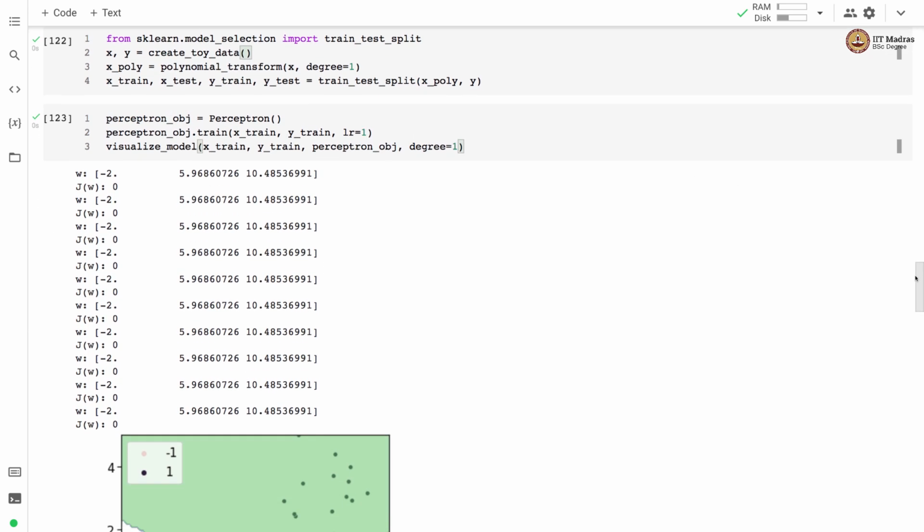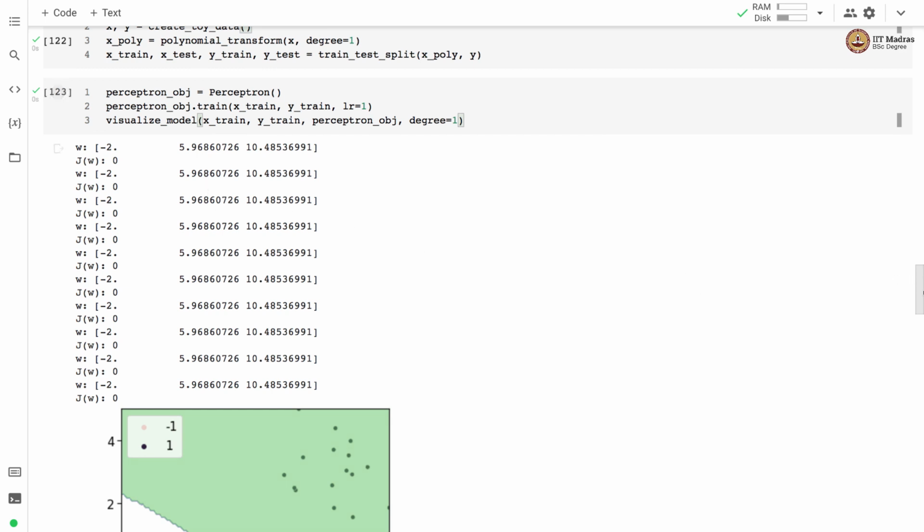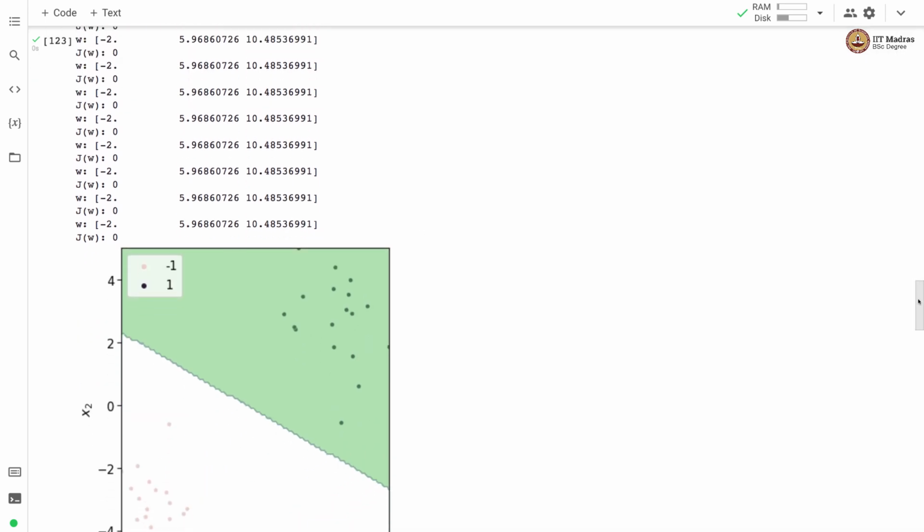So you can see that, because these are linearly separable cases, this is how our perceptron boundary looks like. Since it's a linearly separable case, we managed to get the perceptron algorithm to converge, and this is the decision boundary that we got after completing the training steps.